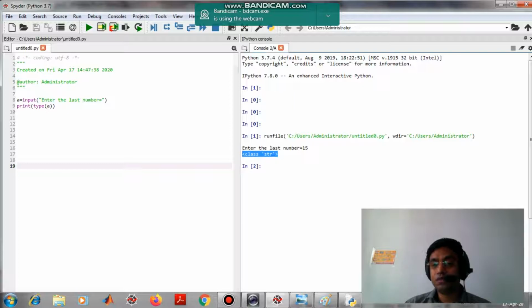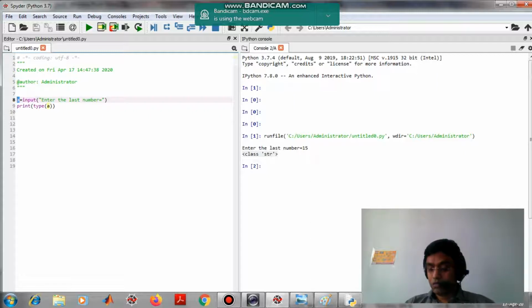This is how you can find the type of a variable. Since the variable A is a string type, we have to convert this command into the int type.